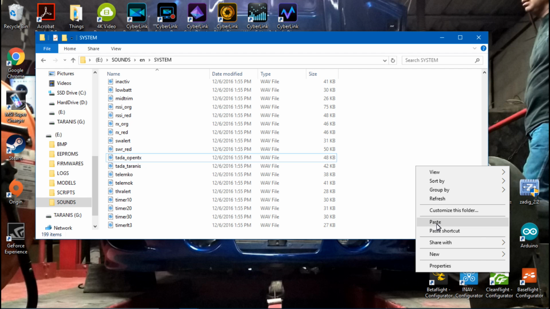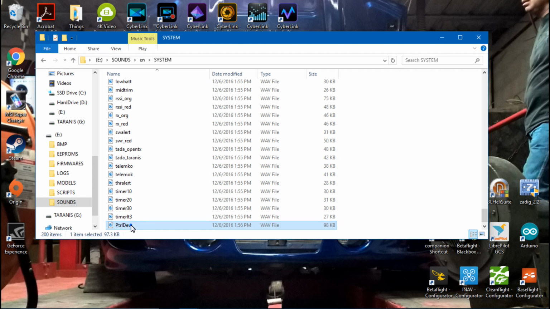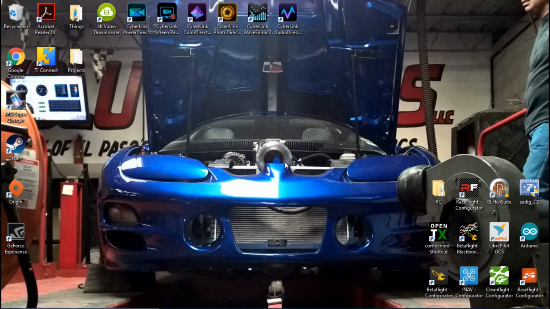Then I will delete this, paste it again inside of this folder, and then you have to name it exactly like that file was named. That one was ta-da, so I will just type in ta-da exactly how it was spelled, press enter, and that's it. You're now done. So we can close that out, disconnect the cable,